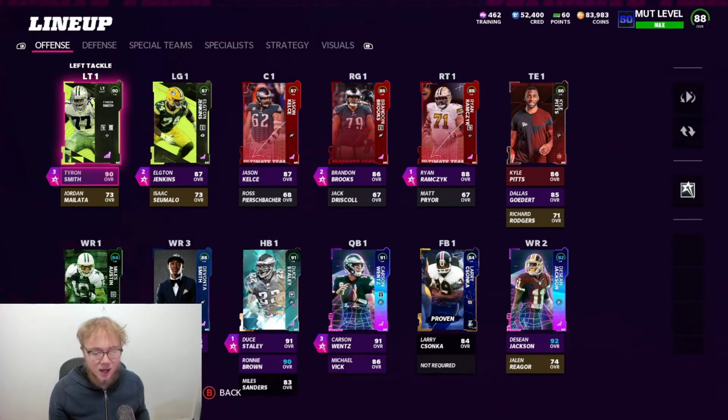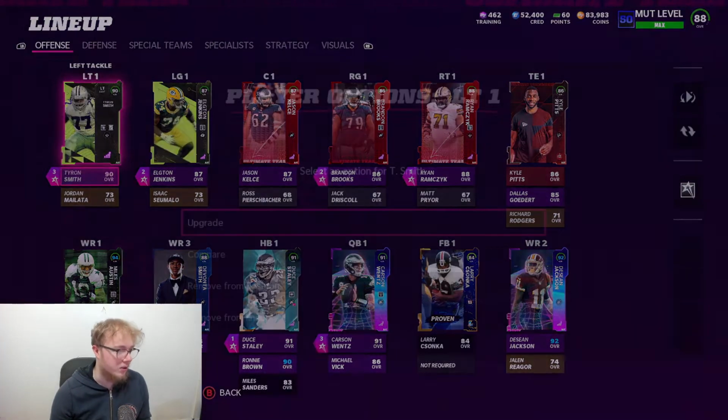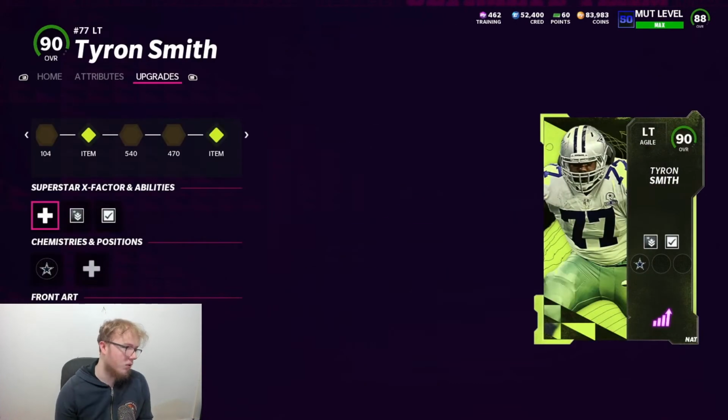I try to cover a lot of positions, but if there just wasn't an ability for a position, I wasn't going to just throw something random in there. So let's go into it. First we got some offensive line abilities. First up here, we have